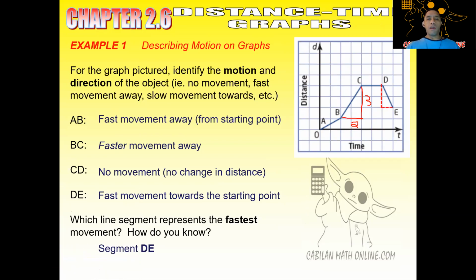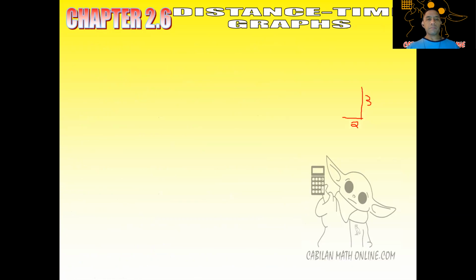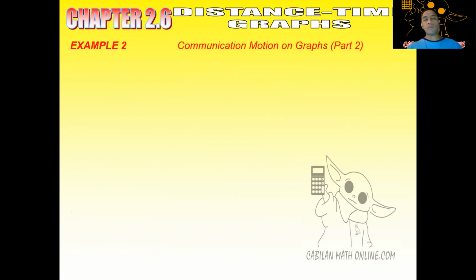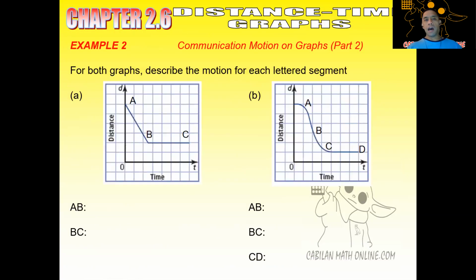Okay. All right, so I'll take a look at more examples over here. And what we want to do for the next one is to look at 2 types of graphs, simply to communicate the direction as well as the speed. All right, so for part A over here, take a look at line segment A to B and B to